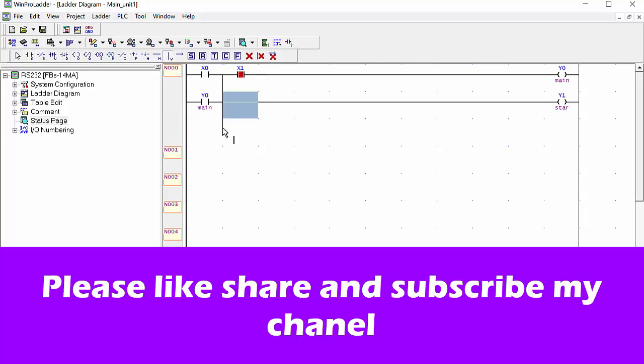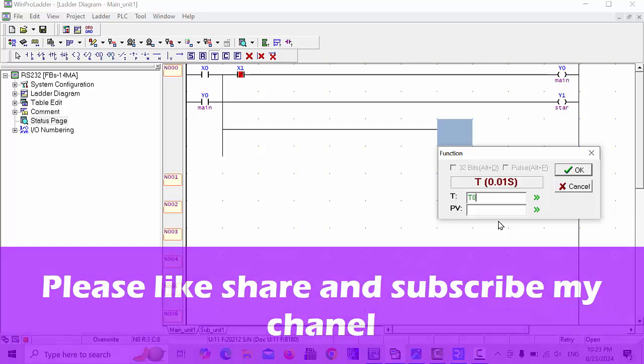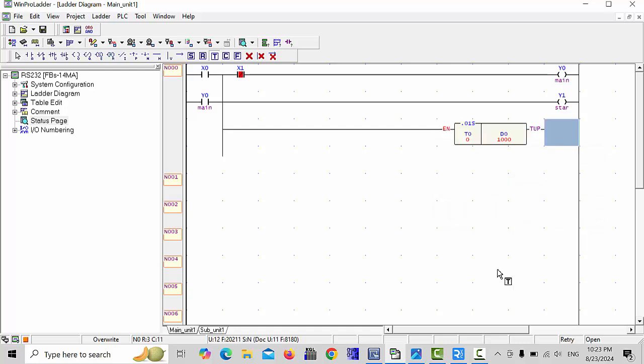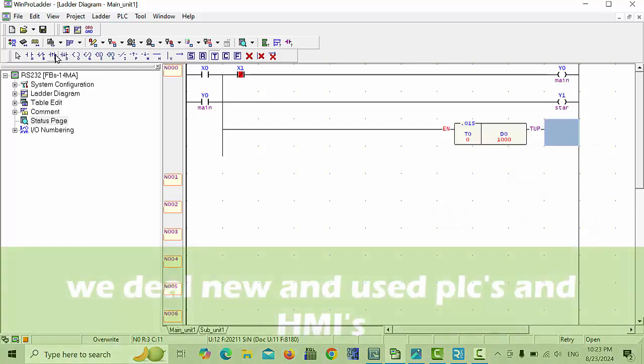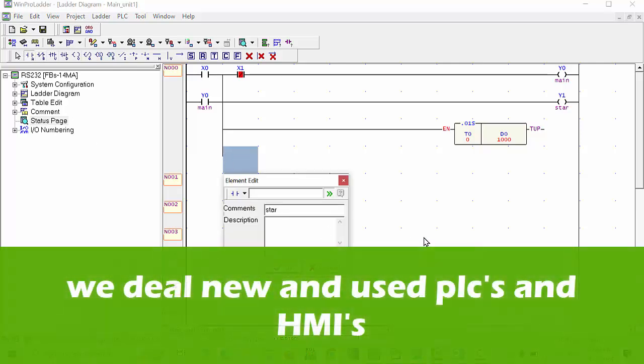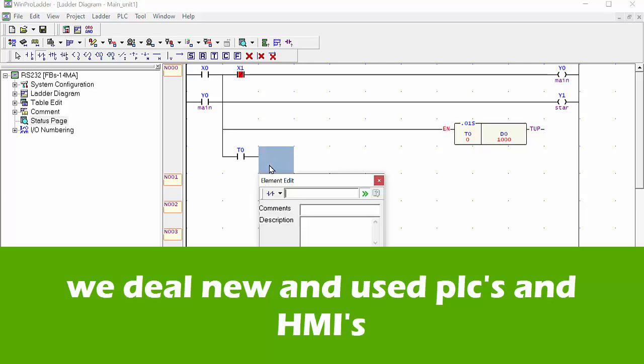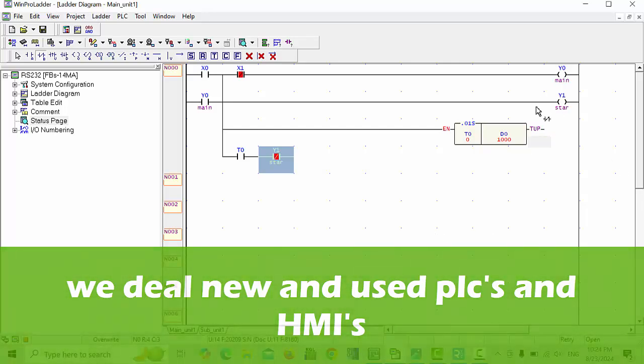and here we will make a branch and also one more branch, and here we will take one timer, for example t0, choose t0 from here, and give the address d0 for the set point from the HMI, and here you can give the output open contact of the t0, and here you can take the close contact of your y1, because y1 is your star contactor, and